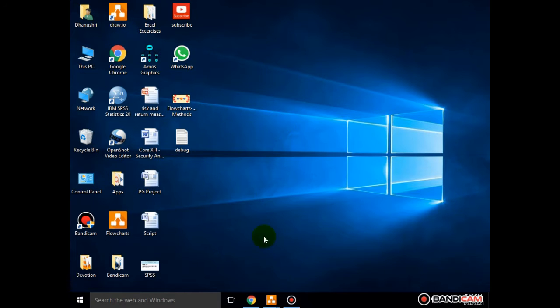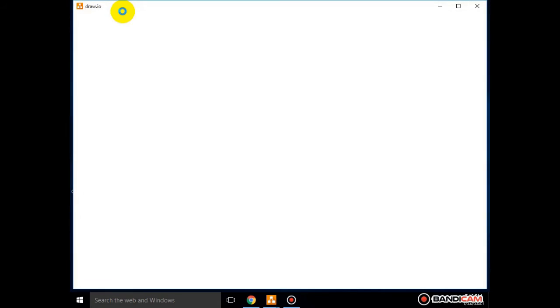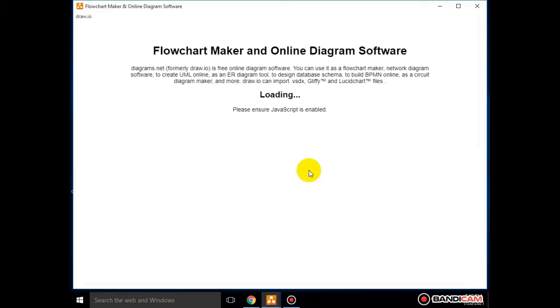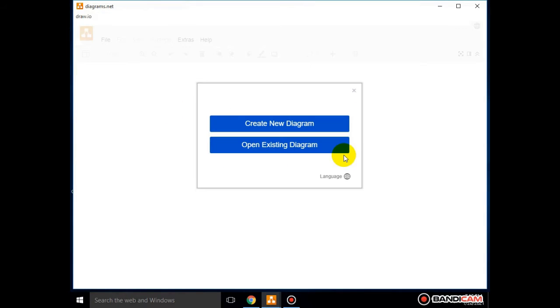Greetings to all. Now we are going to discuss how to prepare a flowchart using diagrams.net. It is a free open source diagram app that you can use online or offline.